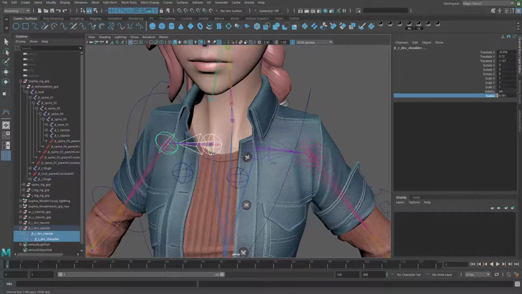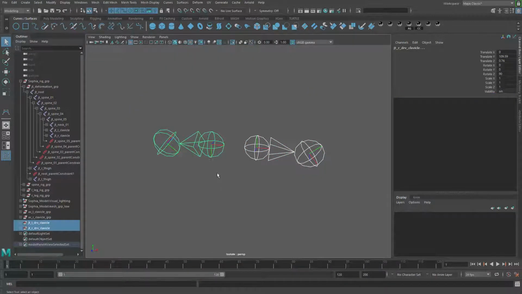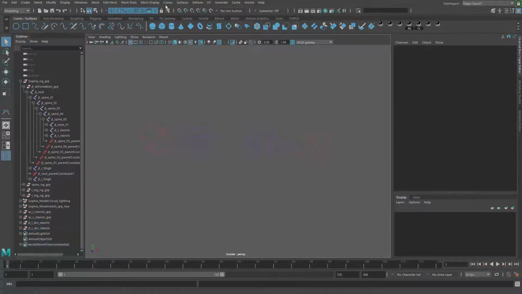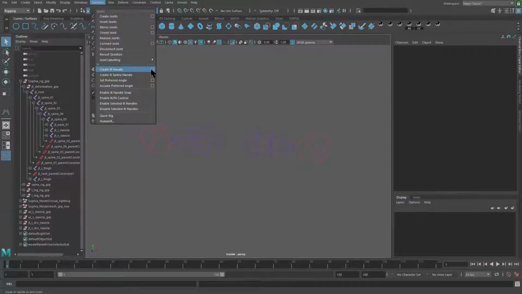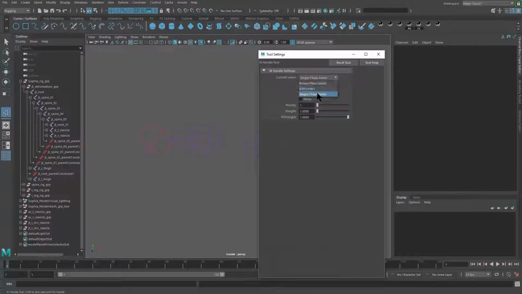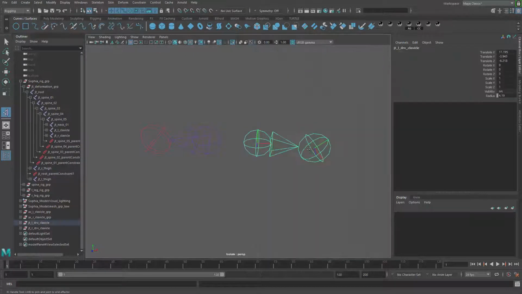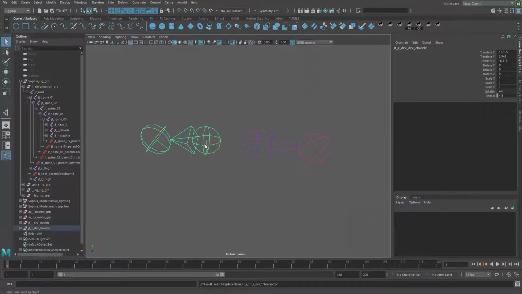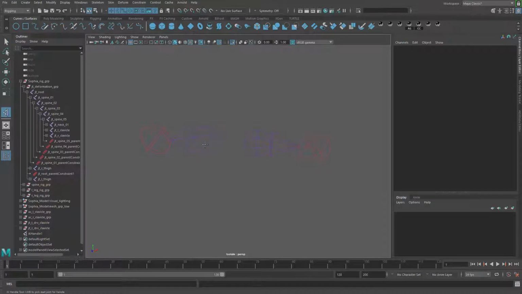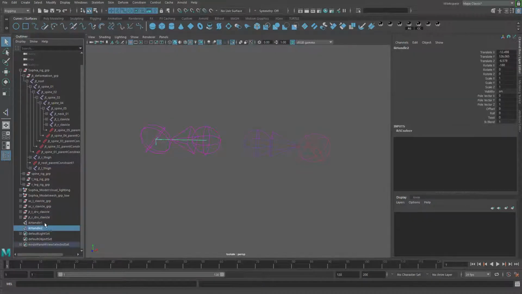Alright, so now after the driver joint, I need to create the controls. There's going to be an IK driving it, so I'm going to go create IKs using Rigging, Skeleton, Create IK Handle. I'm going to use single chain solver, go from the beginning to the end. Same thing here, go from the beginning to the end, just one joint chain. So this one is IK handle left clavicle, and the other one is IK handle right